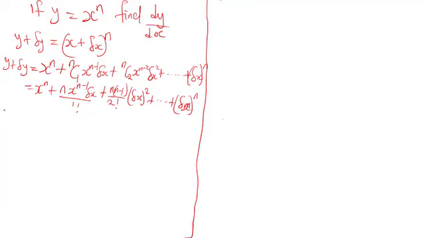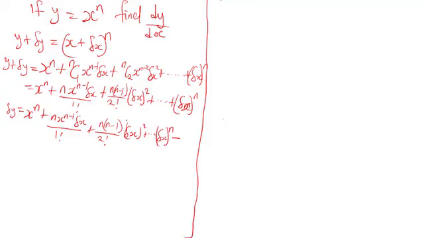Now we have change in y is equal to x raised to power n plus n x to the power n minus 1 dx all over 1 factorial plus n minus 1 all over 2 factorial change in x all squared plus up to change in x raised to power n,